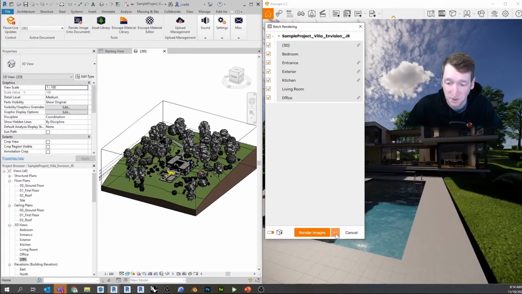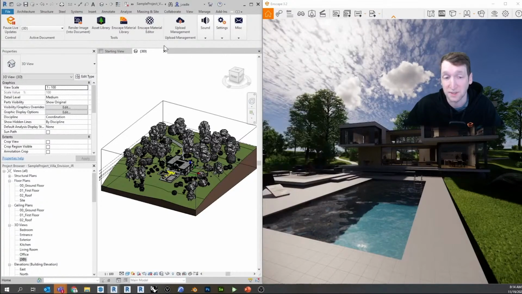Now you get the option to render images, or you get the option now. This is a really heavily requested feature from our community, so now it's finally here. We get the ability to finally batch render panoramas. So this is where you're going to be able to do mono or stereo panoramas as a batch rendering. You just click either one that you want, and it'll start batch rendering your panoramas for you. So this is a really big step, really cool new feature. Now you can just let those go, and they will pop up over in our uploads management tab now.